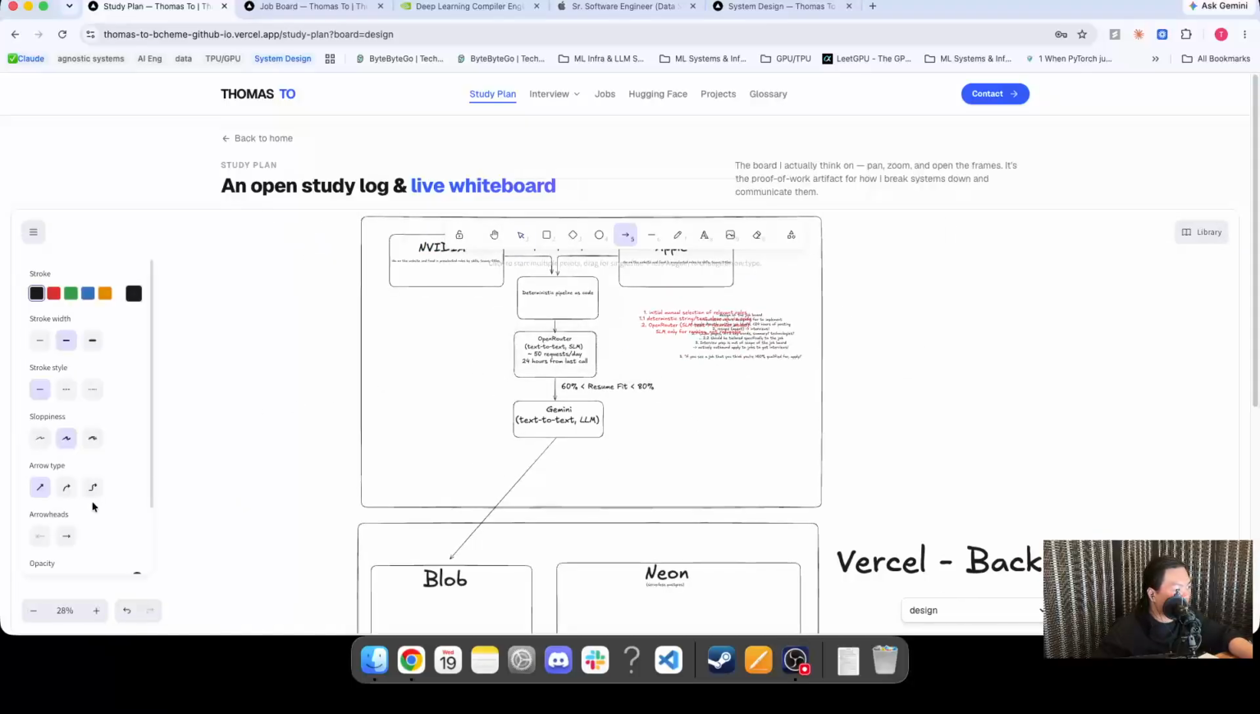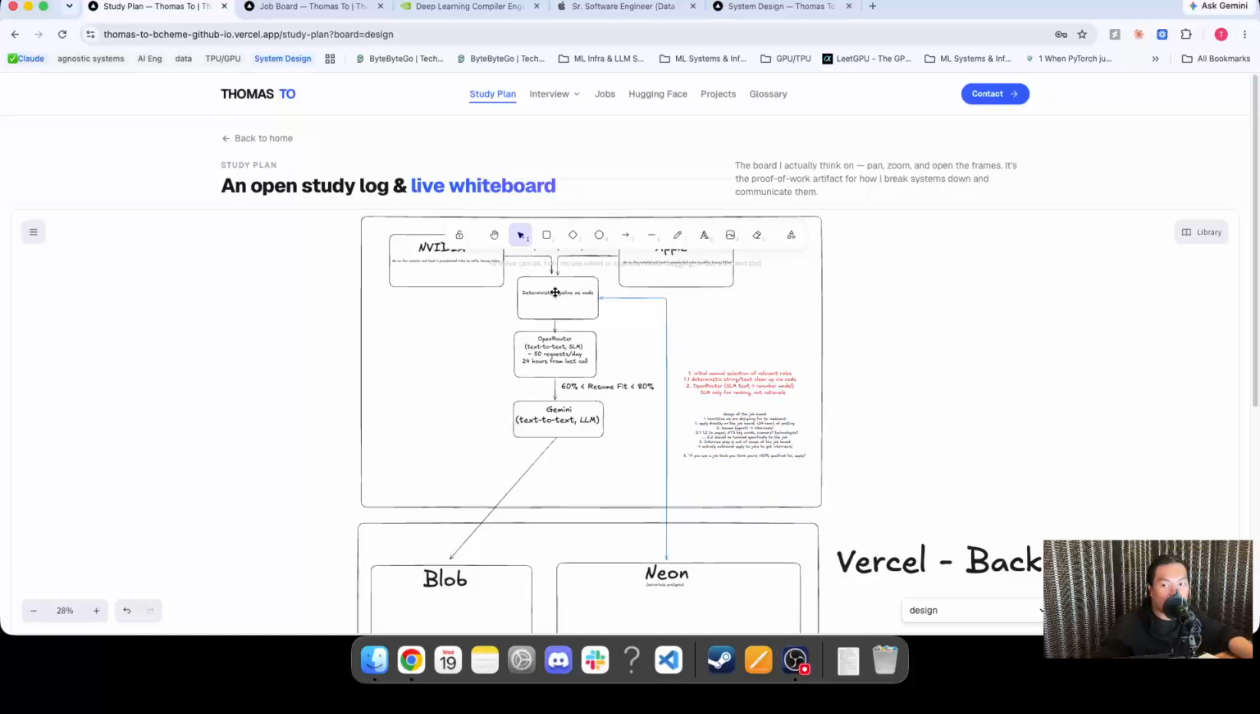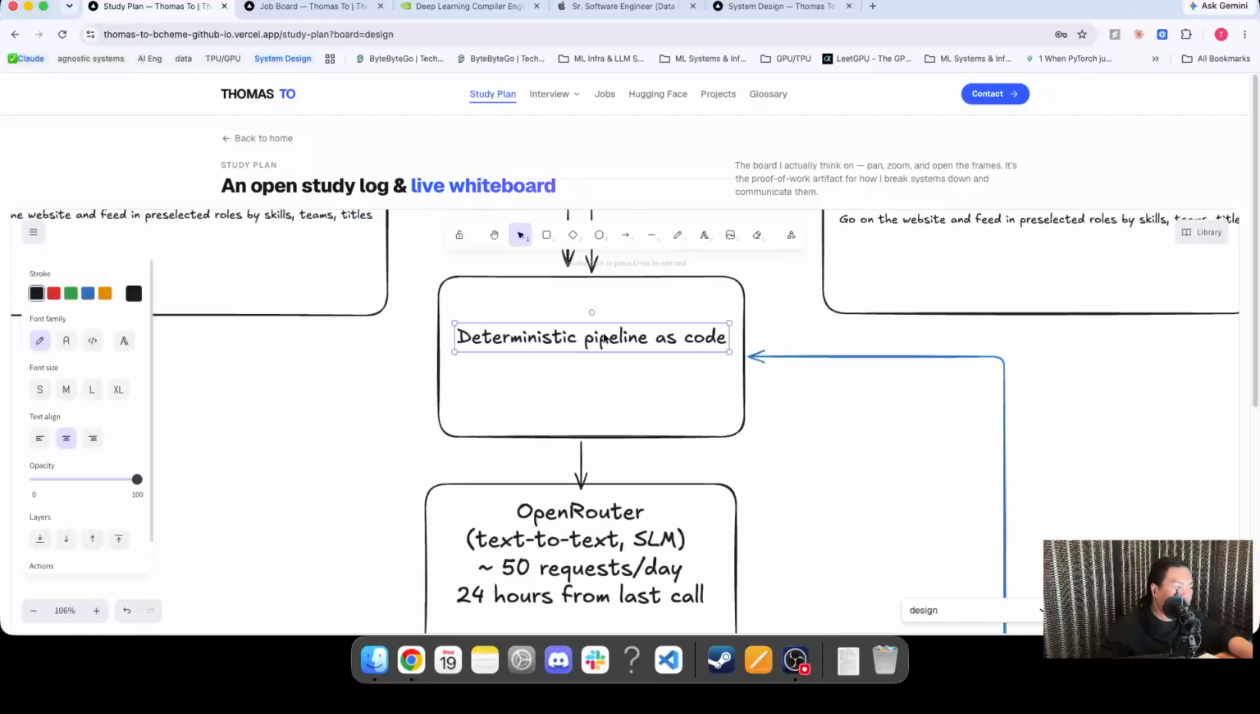I'll put this as a different color because I think this is important. I should go back and forth a little bit between the Postgres database that I have and the deterministic pipeline as code. And the reason for that is because I'm capturing some of the metadata, and that might clean things up. So I have the title, rec ID, job description, right? Because this is the extraction, and this is the initial schema. And the reason why I go back and forth is because